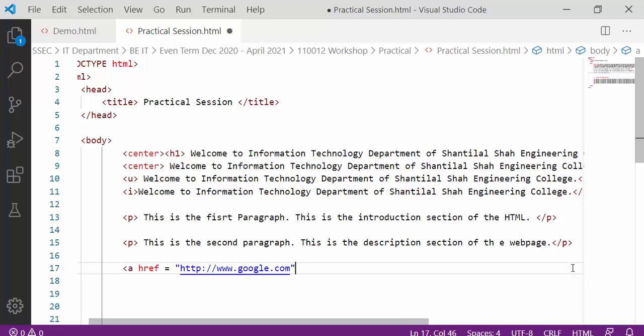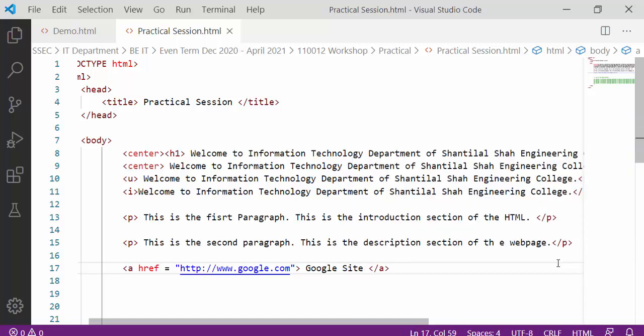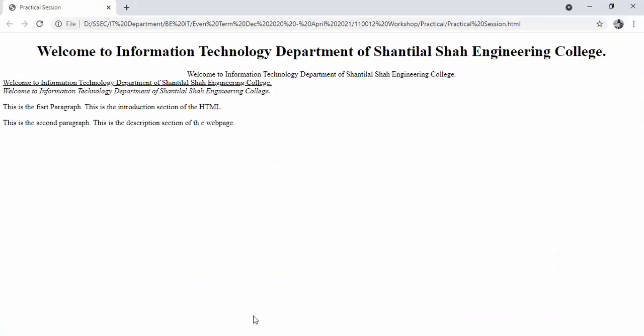And the text that I want to display in the web page is Google site. Let me save this, then go to the web browser and refresh. See this here, web link, Google site.